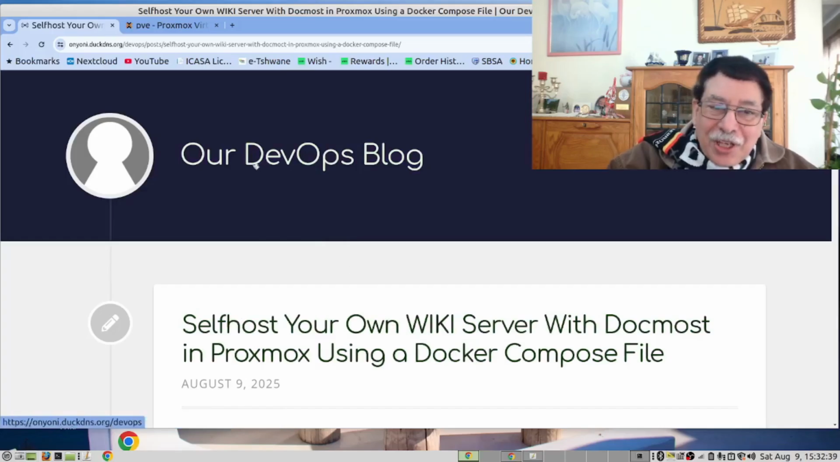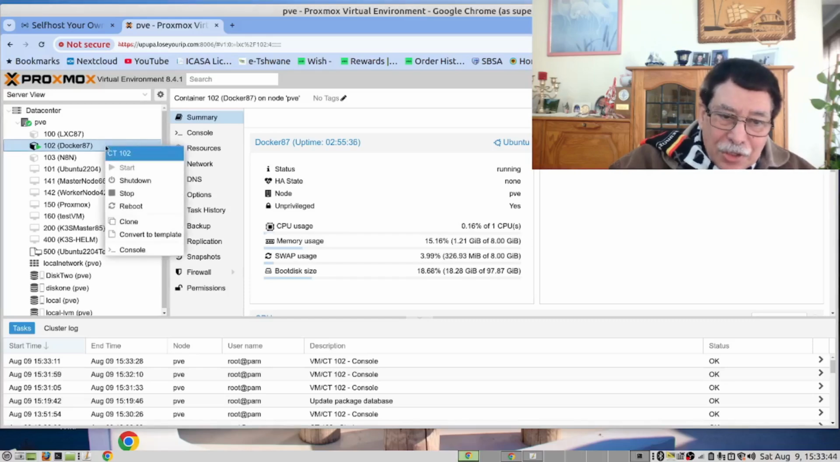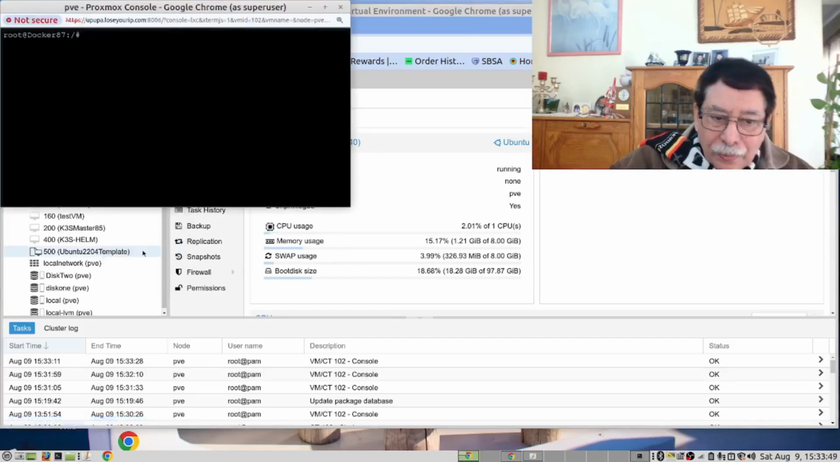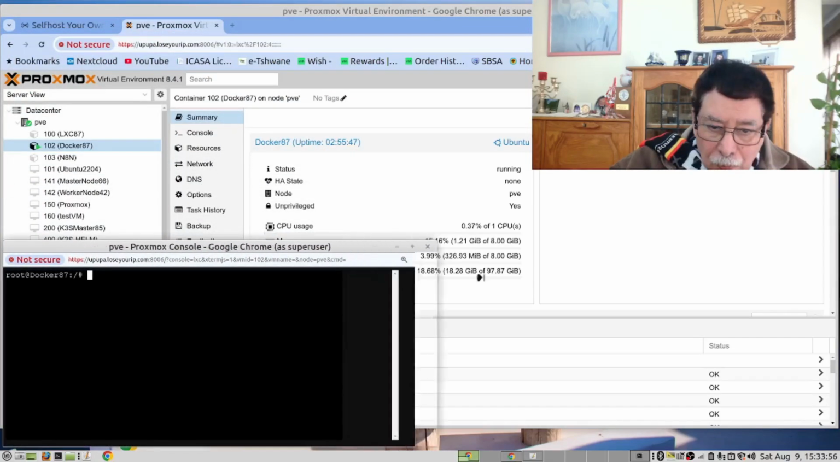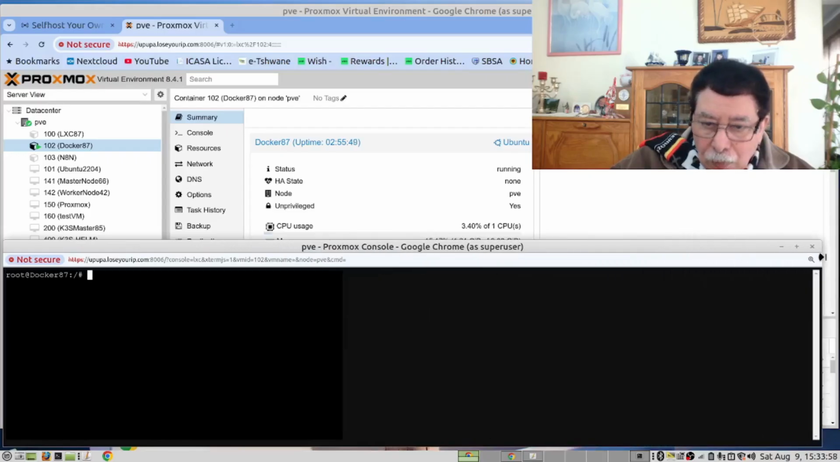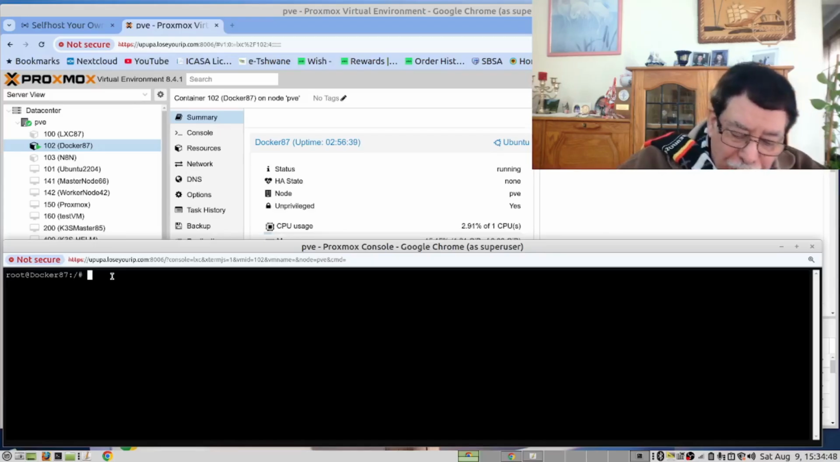Enough said, let's get our hands dirty. This is our Proxmox server. In there we have our LXC container, and in this LXC container we are running Docker. So we need to open the console and move it to the bottom. You need to log in as root or run sudo su -,